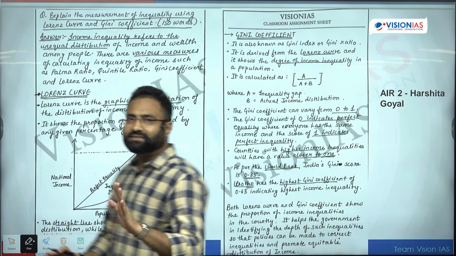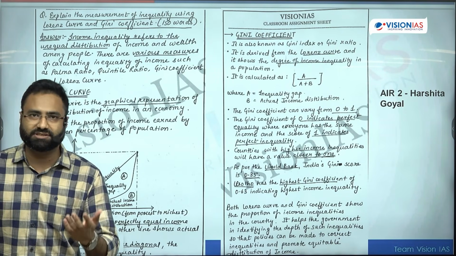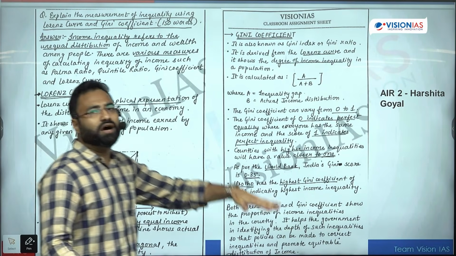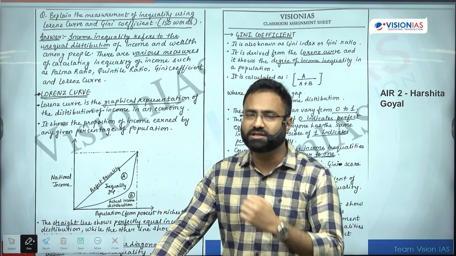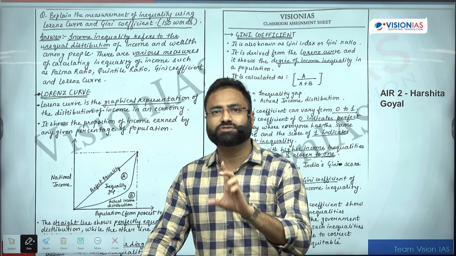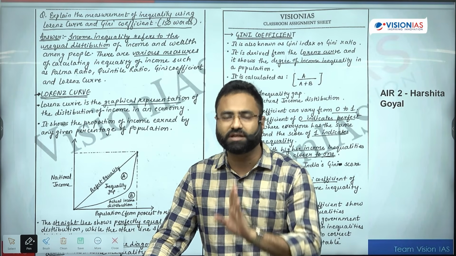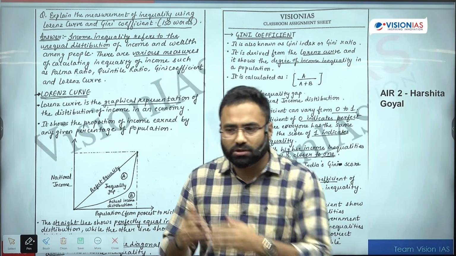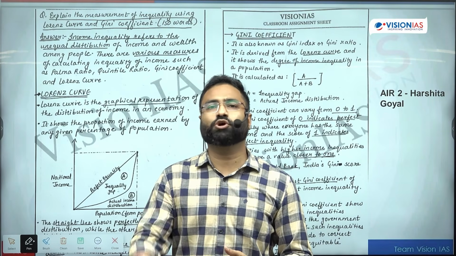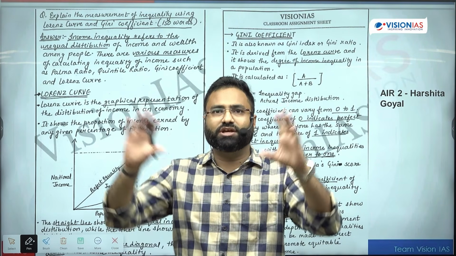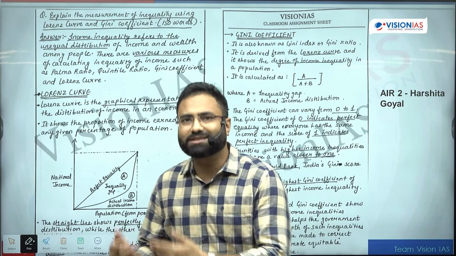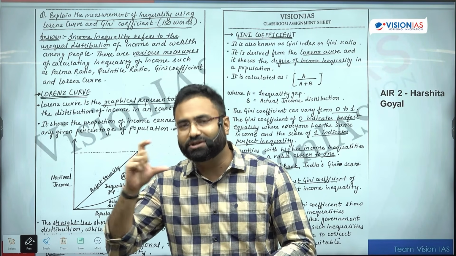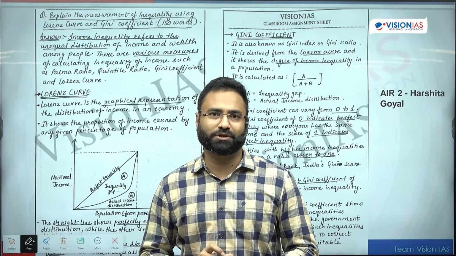So let's discuss the strategic thinking of all the 3 toppers that we are going to take. The first answer is Harshita's. We will take Archit's and Madhav's answers also. First we are going to discuss the aspect of strategic thinking. What is strategic thinking? It means what comes to your mind first about that particular question. What is the structuring of that question? What are the brainstorming pointers that you are going to get? What will be the word limit that you are going to set for that question?